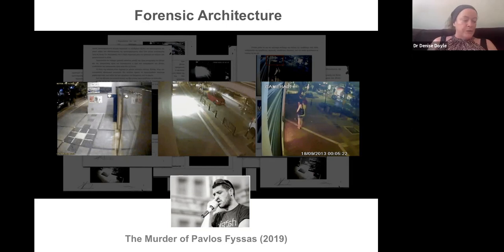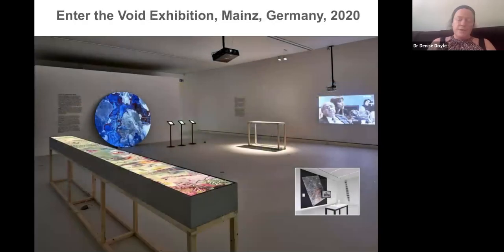Forensic Architecture proved that the police versions of events were false, and the final hearing was in October of last year and found Golden Dawn guilty of the murder of Fyssas and 3 other high-profile crimes. It was billed as the biggest trial of fascists since the prosecution of the Nazis at Nuremberg after the Second World War. Now, Forensic Architecture was founded in 2010 by A.L.